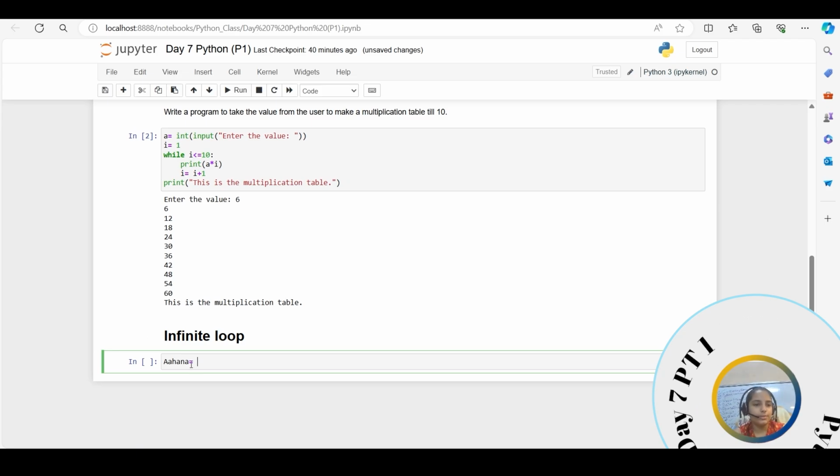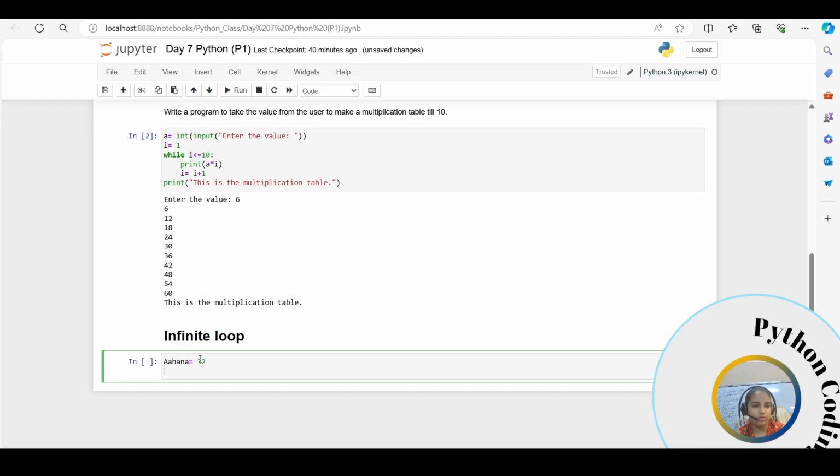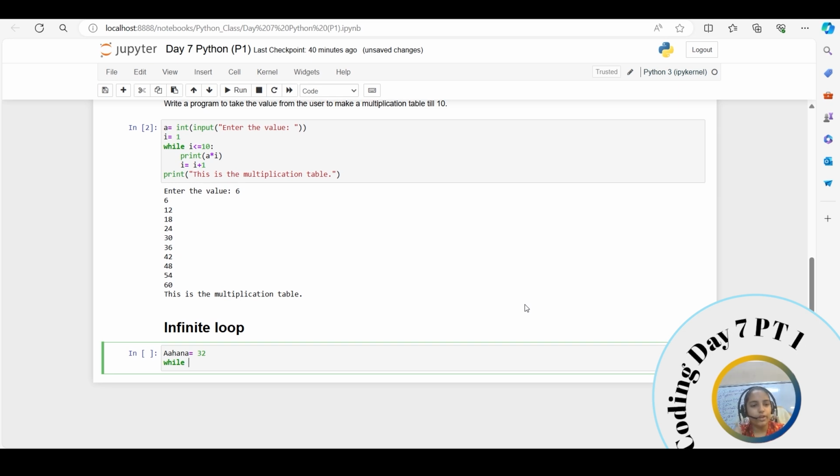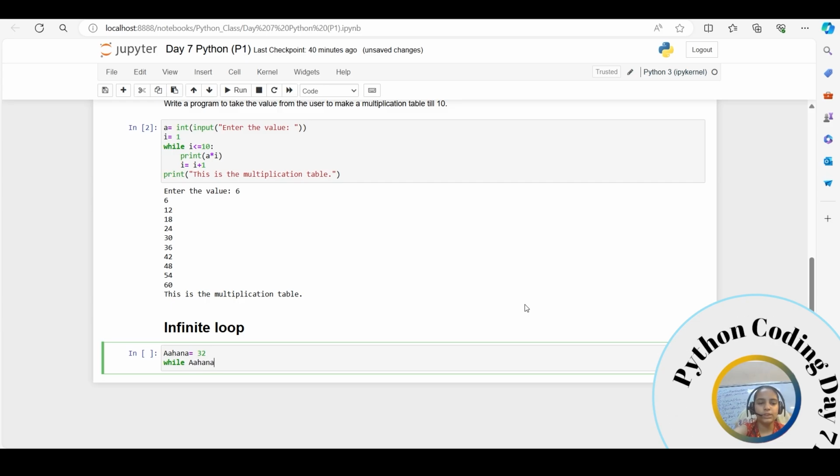This is a variable, and then your age is 32, and make while age Ahana is less than 18,